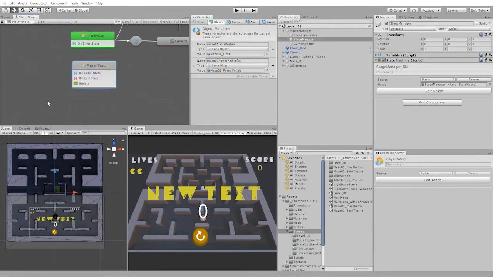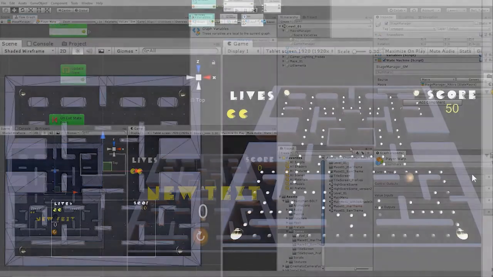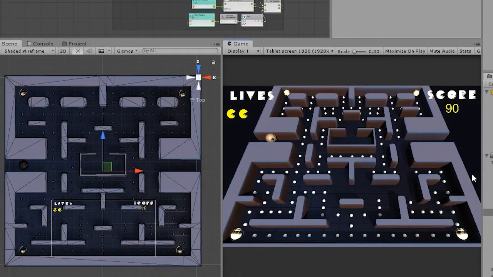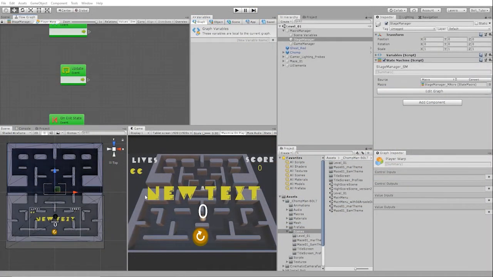And let's go into our new player warp state, and before we begin, let's go over the functionality that we need to implement within the state. So for our player warp state, what we want to happen is when the player enters one side of our alleyways, we want the player to be then transported to the other side of the alleyway. So to do this, we first need to create two triggers, and we need to put one on both sides